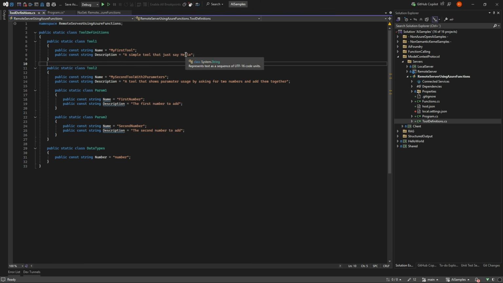And a description of the tool. The second one is, again, a name and a tool description, which is what will be discovered by MCP. And in this case, I'm taking in two numbers, and I'm going to add those together in the code.